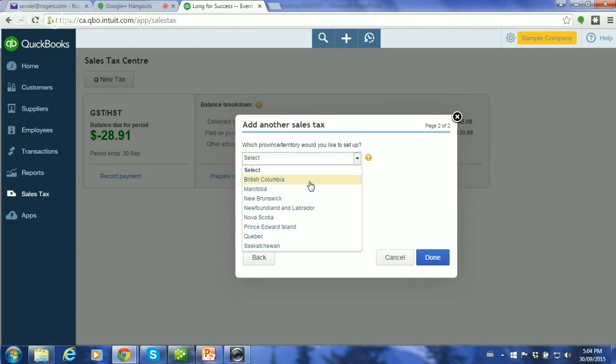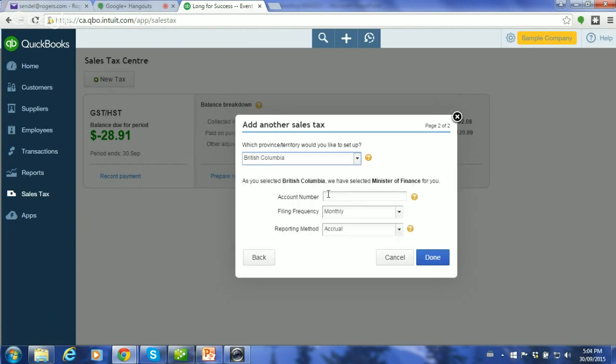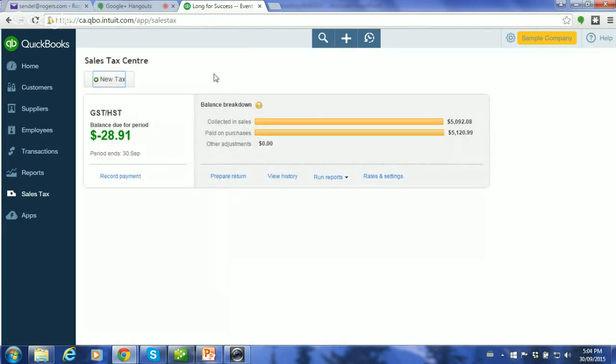For example, if you were asking for British Columbia, well, certainly you'd need the HST first, but when you ask for British Columbia, now the system automatically thinks you're asking for provincial sales tax and you need a registration number, your file frequency, etc. And it will set up a separate GL account. Whereas now that we have added our GST, that will find its way into the GST/HST account.